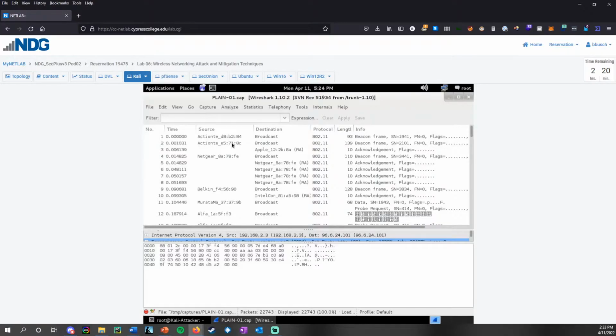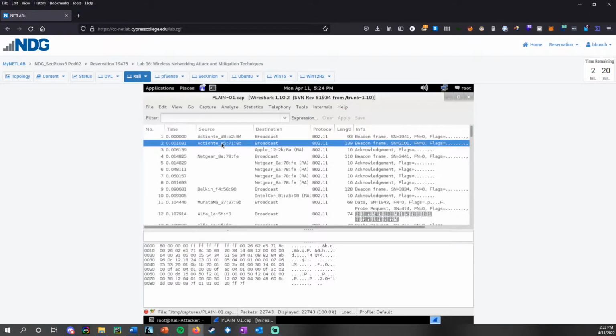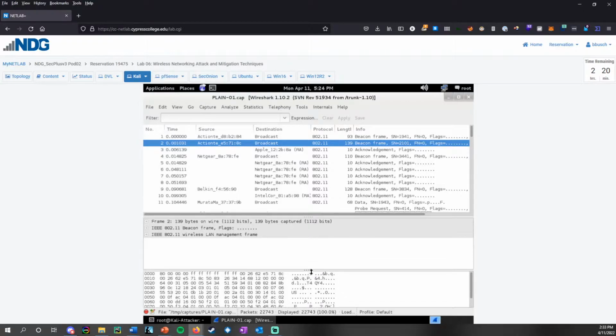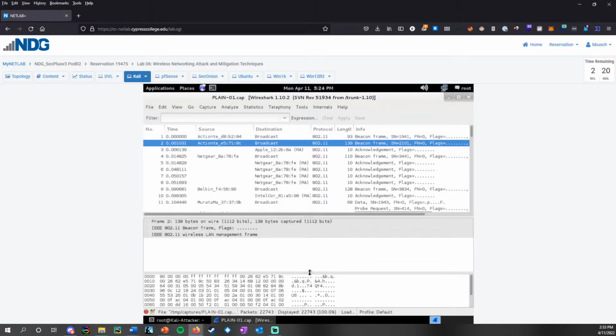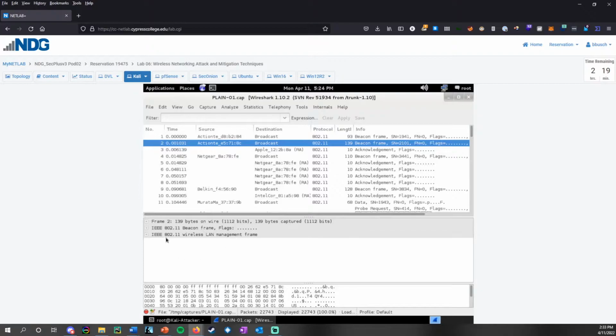Okay, so the lab wants us to select the second frame here. You may need to do some resizing on these fields down here. We're mainly concerned with this middle portion right here, so you could drag this down lower. And on this second frame,